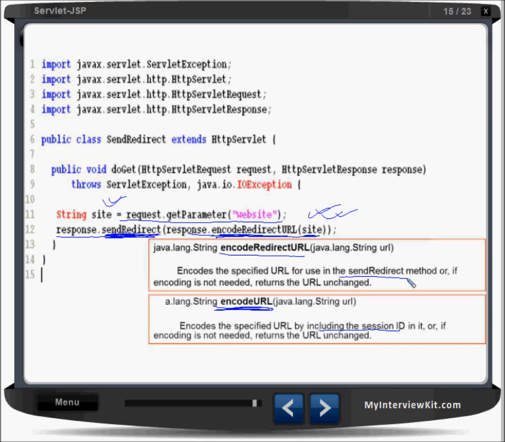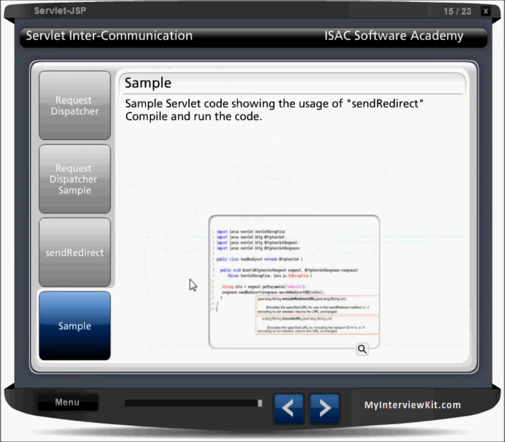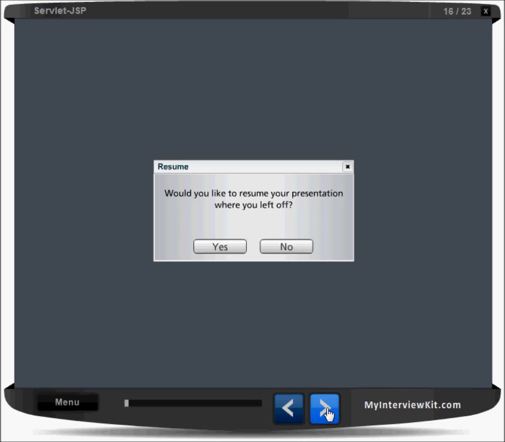Once we are doing a transaction, we require this, right? The session ID must be carried. If I am returning back, I will look for the session again and then render the page, right? So that's all about